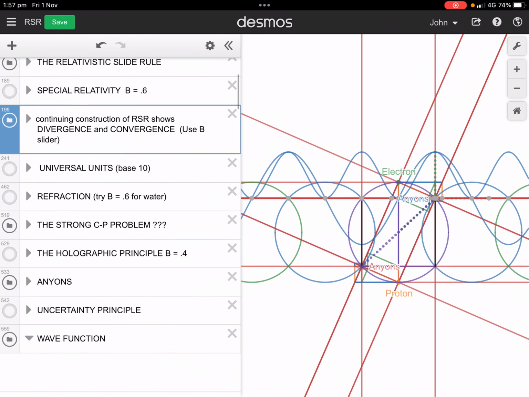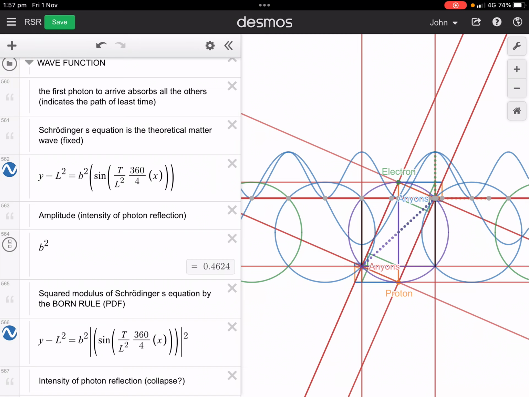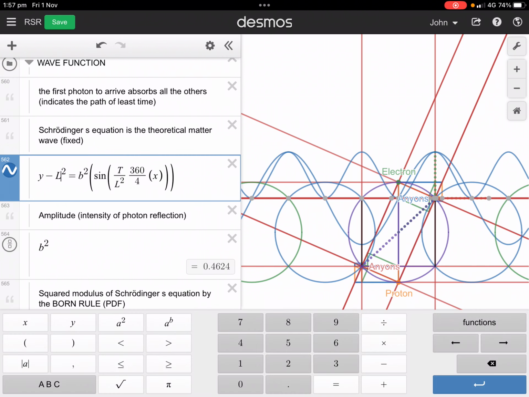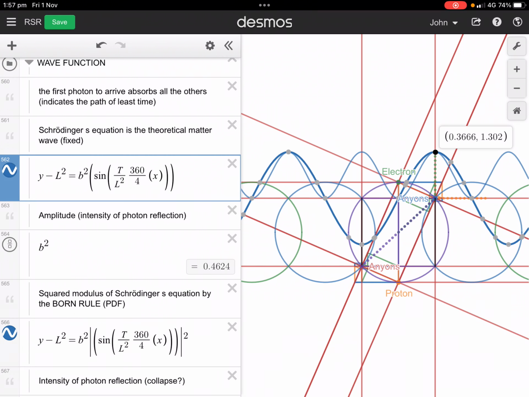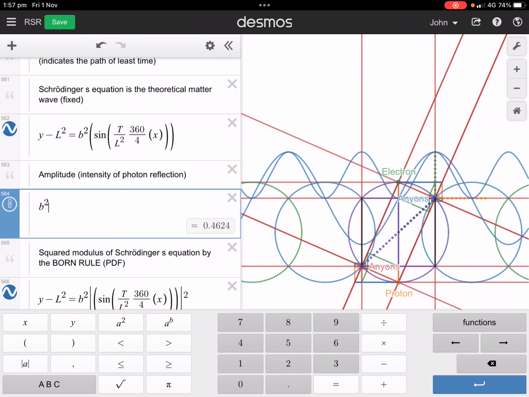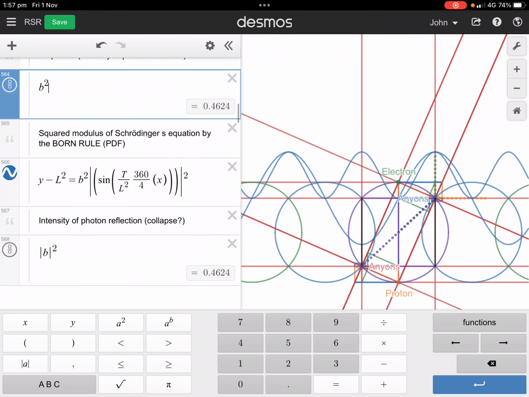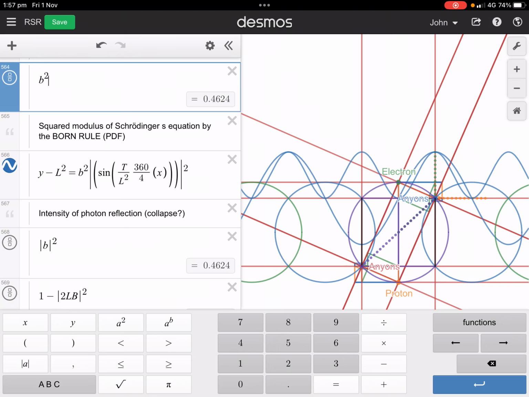It all works out anyway. The calculations, the angles and everything. But I found that if I put a little b squared, then it equals the magnitude, the amplitude of it equals little b squared. And so I'm sort of, I mean, I could take the modulus and square it, which